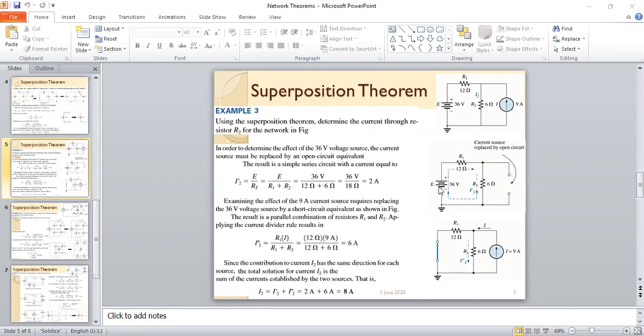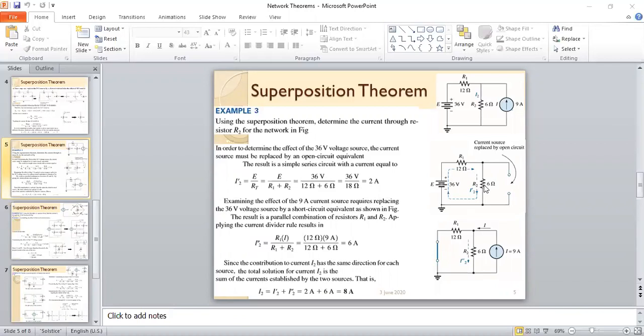So come to the first step. In the first step, we take the voltage source and the other source is the current source. We replace it by open circuit. Open circuit means that the current is not flowing over here. So the current is flowing in series over here, and here is our target. Very simple, just use Ohm's law and you can find out the current. The total current would be flowing through this resistance. You do not need to divide it.